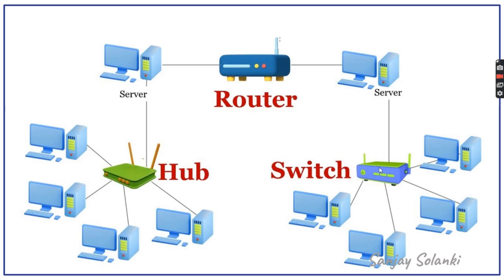A switch is based on the MAC address, so for anything connected to a switch, it checks the MAC address and then forwards the traffic. Suppose one PC is connected here through the router to the switch, and it checks the destination MAC address. If the MAC address matches, the packets go to this PC. Otherwise, the packet will not go. In a hub, the packet flows everywhere, and then where the MAC address matches, it will go there. A router, as I told you, is connected to different networks. It's used for that.